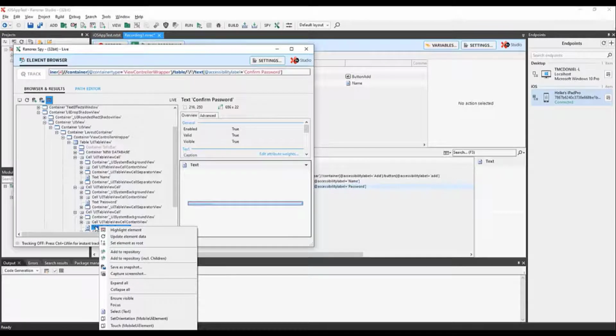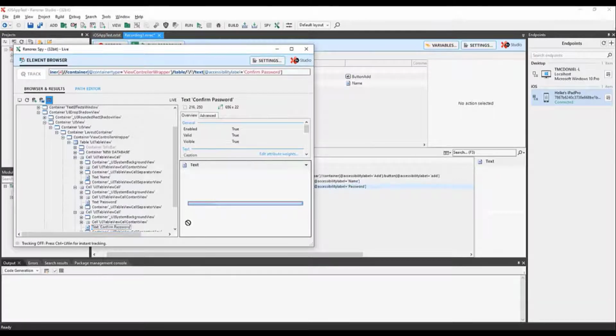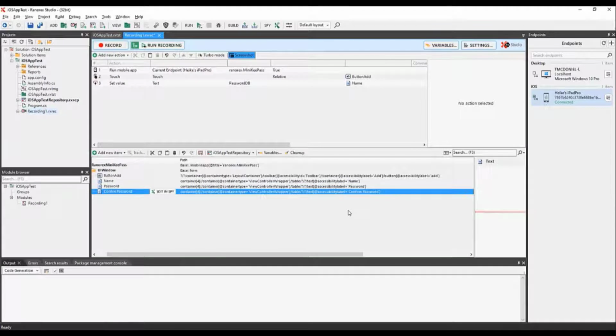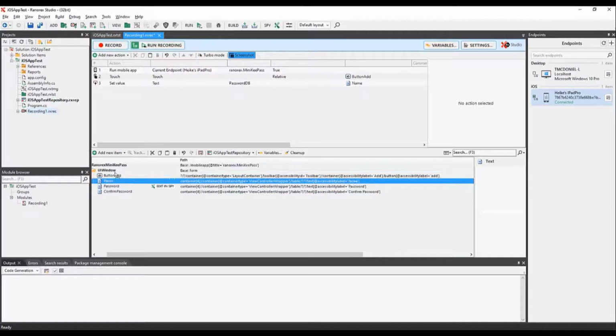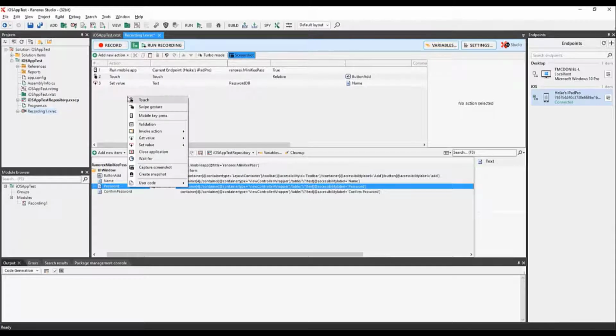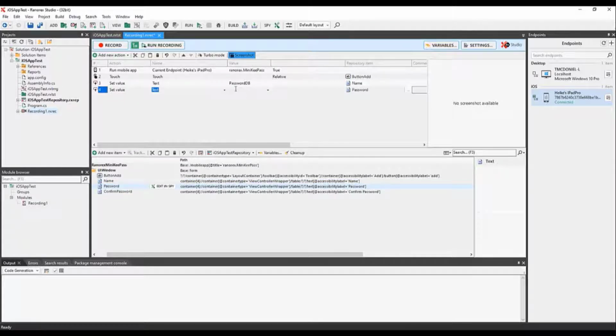And like I said too, we could take this and just drag it in here like this as well. So that's the other way to do it. So we've got to add a button. Let's go ahead and put password up here, and we'll say set the value for text. Go and type in password